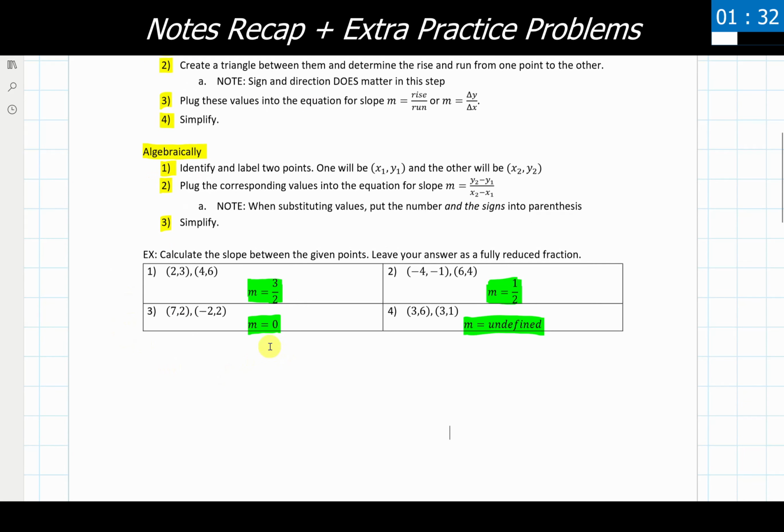Remember that for our 2 examples at the very end, a horizontal line always has a slope of 0, and our very last one, a vertical line, is always going to have an undefined slope. This is for these 2 examples or any other instance that these 2 things show up in any kind of graph or problem that you are working with. Horizontal lines are always going to have a slope of 0. Vertical lines are always going to have a slope that's undefined.